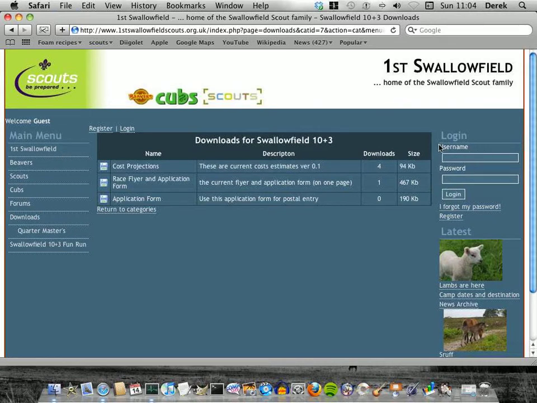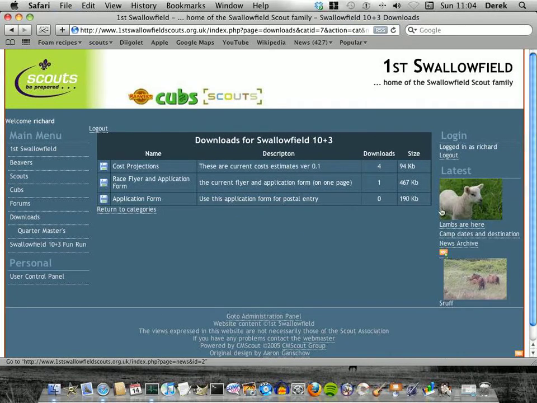So over on the right hand side here there's some login details, username. You can log in, perhaps Richard would log in as Richard. And the password, you notice, isn't visible at login time. Just click the login button, and now you're logged in, and you can see it's changed here to say that you're logged in. Up top here you can see who's logged in,